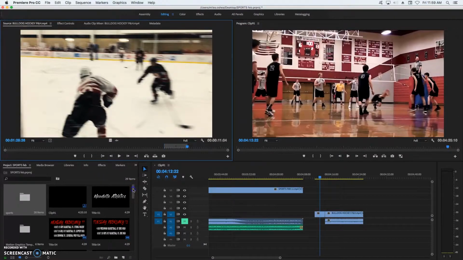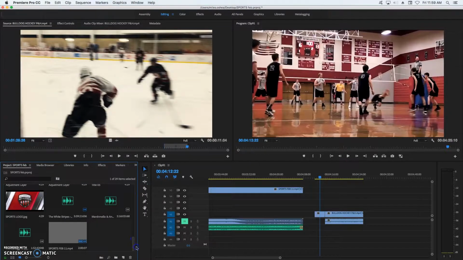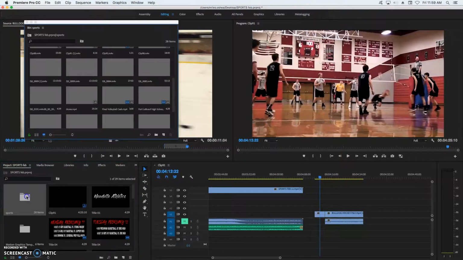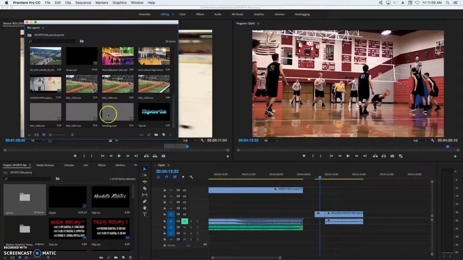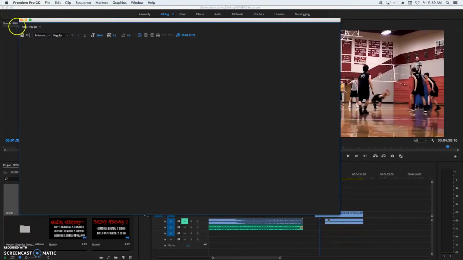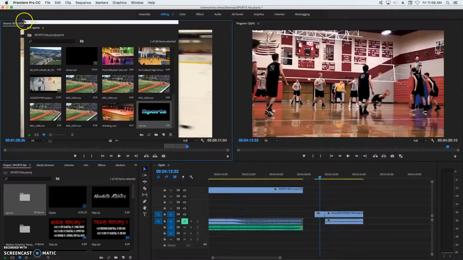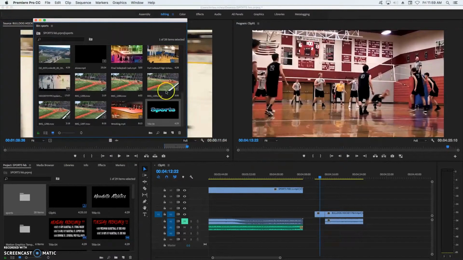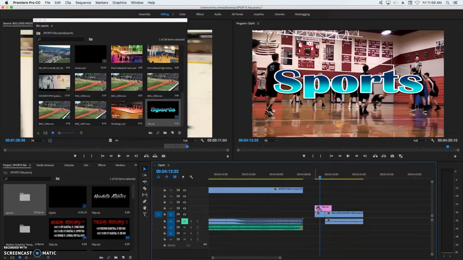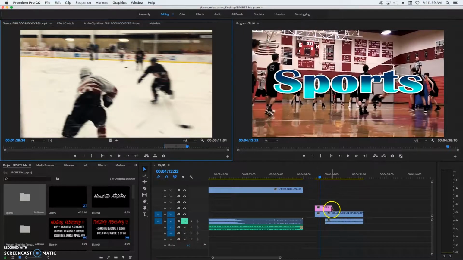And that text is going to come into my media. And I had this folder selected when I made it. So that text is right here in this folder. And what I'm going to do is I'm going to drag this text over top of that first shot, and I'm going to drop it. And now that that text is in my project,